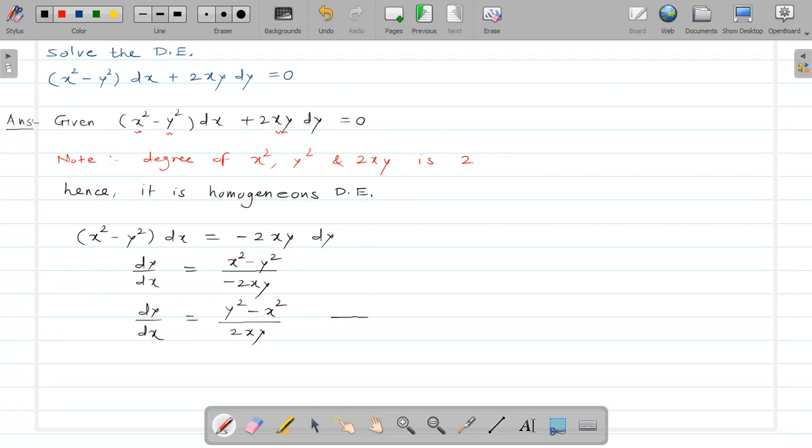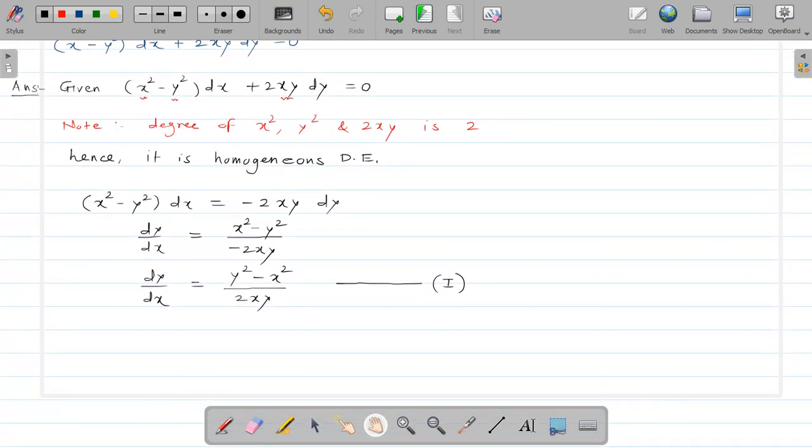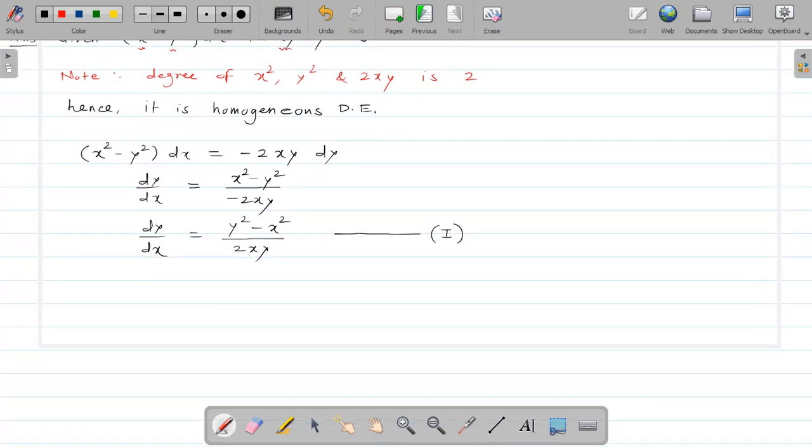So this is the first important step: if you identify the given differential equation as a homogeneous differential equation, then you have to convert it into the form dy by dx is equal to. So we get this first step. Now after getting this first step, we will follow the procedure to solve this differential equation. So for that, here I will put y is equal to vx more conveniently. You can take y is equal to t into x also, no problem, but here I will prefer v. So y is equal to v into x.